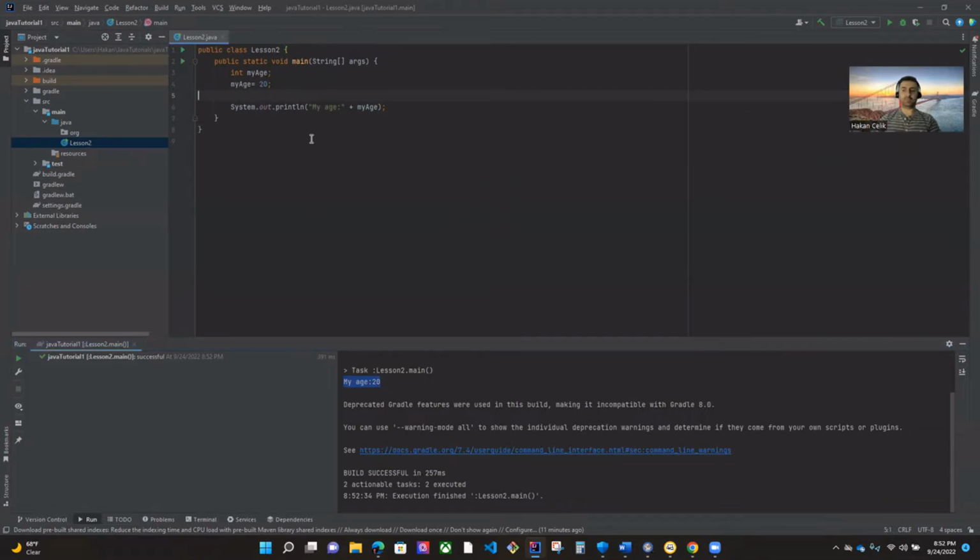It is a statically typed language. Java is a statically typed language. This means that if you use it, the line order is very important. So, for example, if I put my age here,